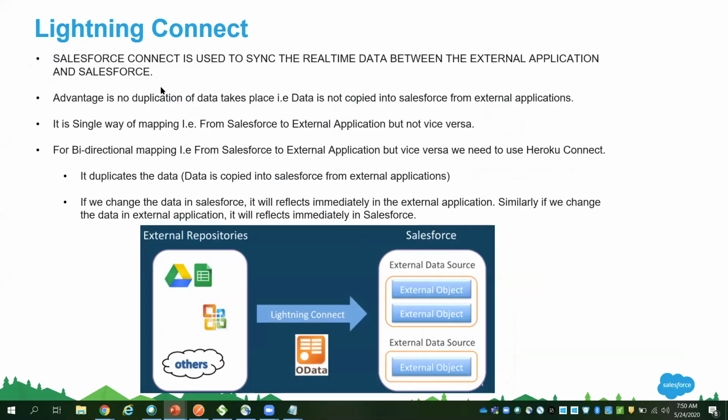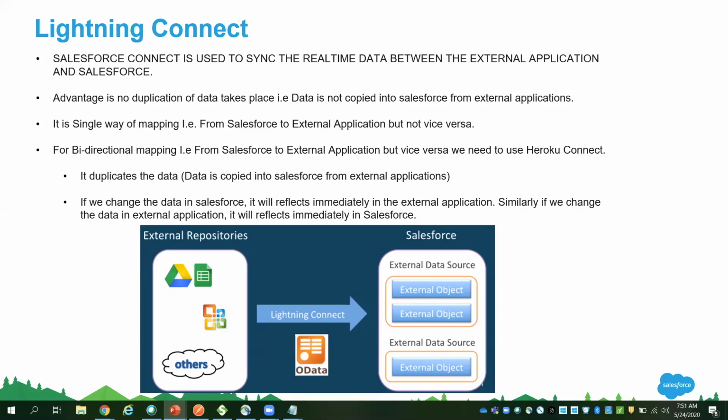So you will create some external objects within Salesforce. It's a different type of object where, from your external repository, using Lightning Connect, you can connect your external object. When you connect it using the OData protocol, the data will be synced. That means physically there is no duplication of data. Whatever you see in your legacy system, you see in Salesforce. You can query that, and using Apex and formulas, you can access everything.